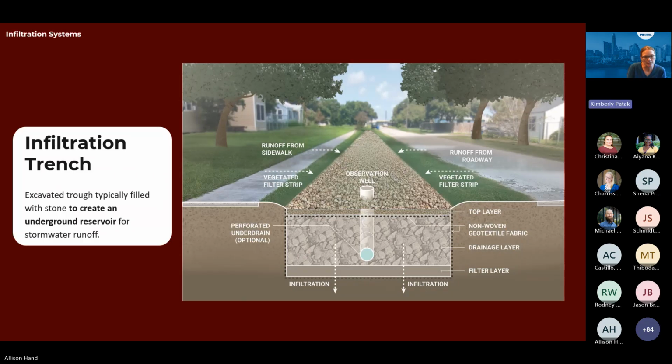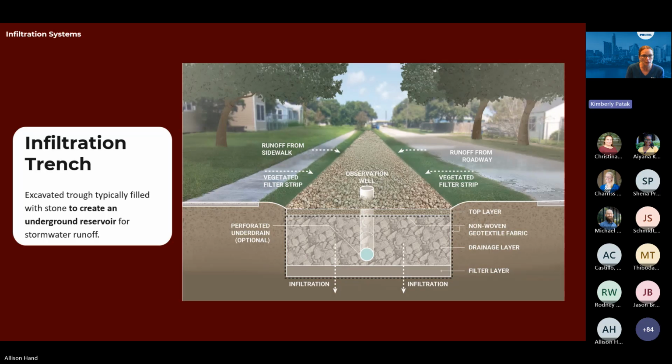One of the other design sets that's not really that common, but it's a great BMP, would be an infiltration trench. This is best served along completely impervious cover areas where you have very minimal fine particulates, because really, think of this as just a trough that's filled with gravel or cobble, and the water just gets trapped inside of that and then naturally infiltrates